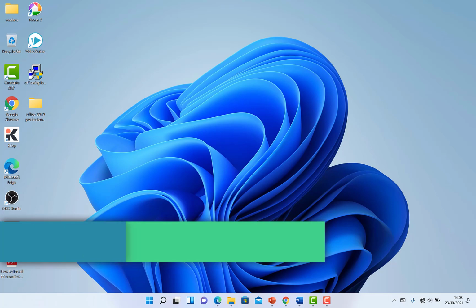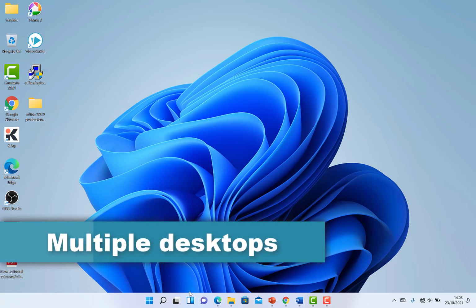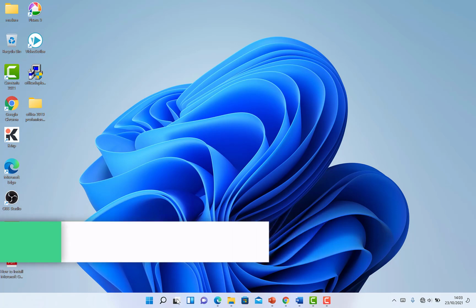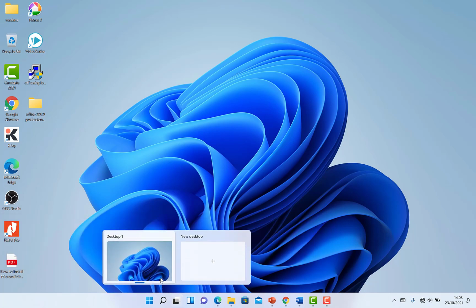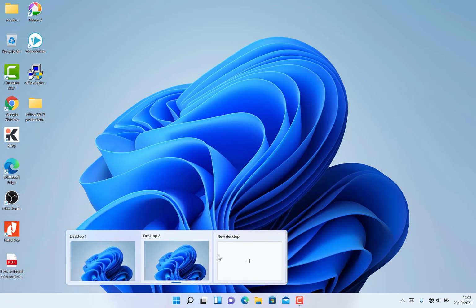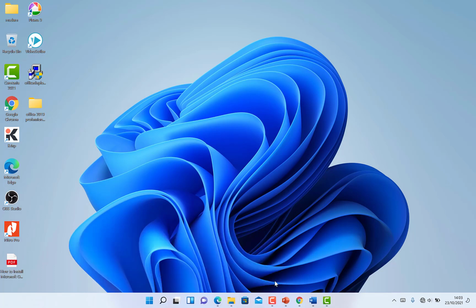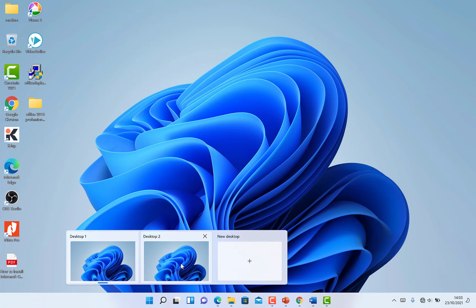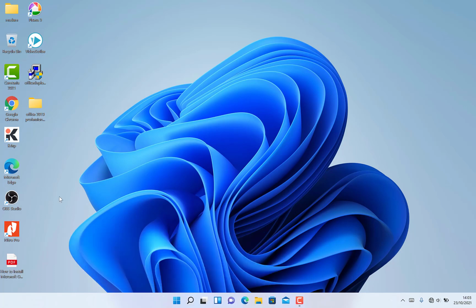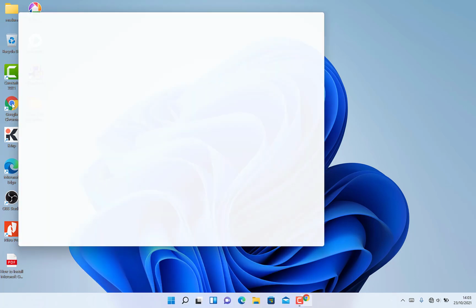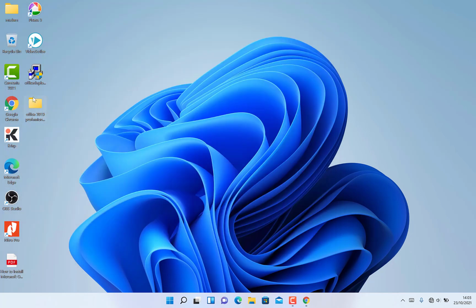The next feature that we talk about is the multiple desktops. Now Windows 11 has brought in the multiple desktop icon. You can see it over here. So this is desktop 1. You can add another desktop, so whatever you have on desktop 1 remains on desktop 1. You can add another desktop. Maybe you are on desktop 2, and maybe we want to open only this Google Chrome, and we can open something like video scribe,